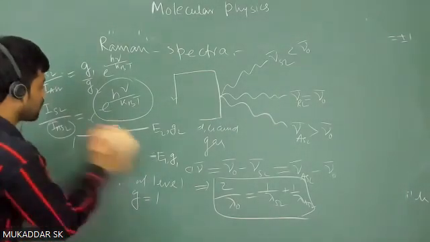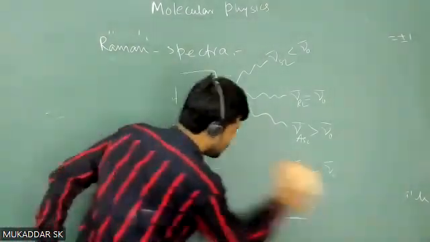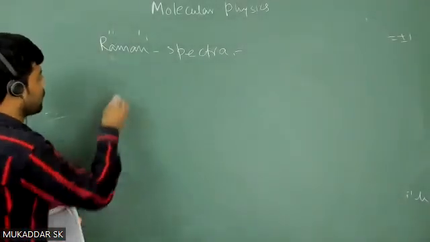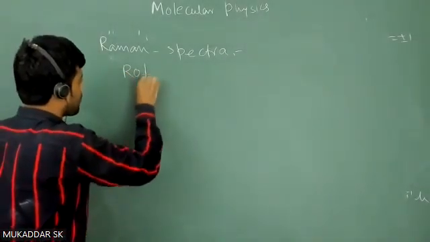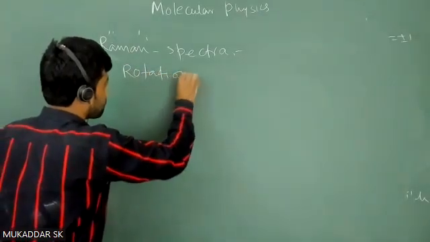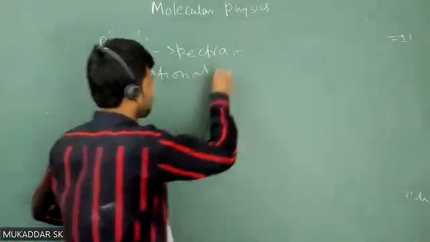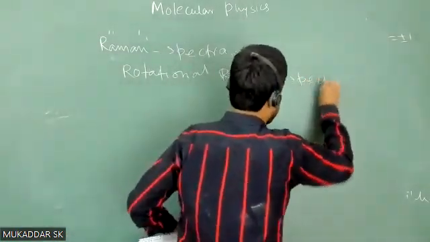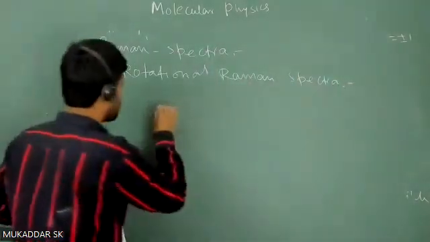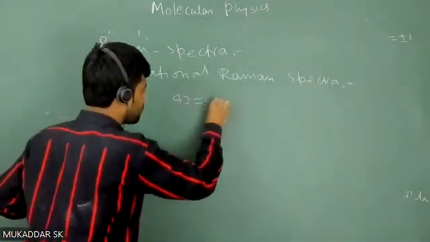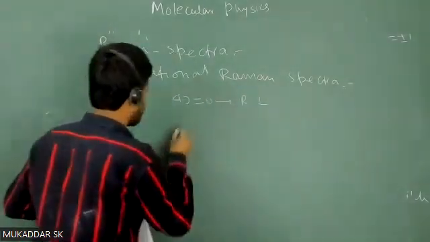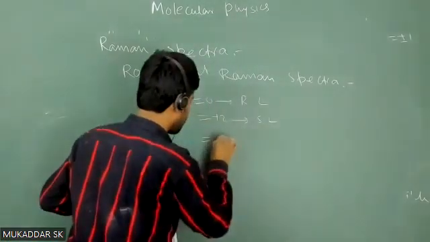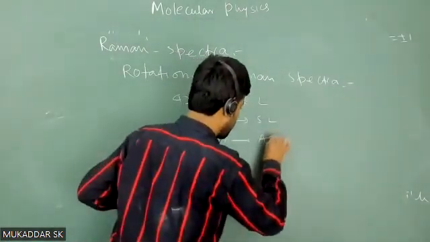और जो आपका रोटेशनल रामन स्पेक्ट्रा है ना, you have two types of Raman spectra, that is you have a rotational Raman spectra. इसमें आपका सिलेक्शन रूल है delta J equals 0, that is for Rayleigh line, और delta J equals +2, that is for Stoke line, and delta J equals -2, that is for anti-Stoke line, right।